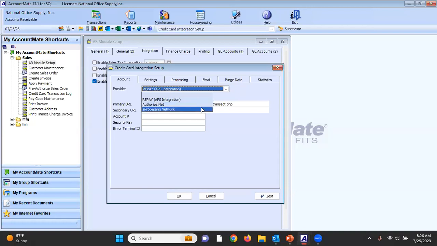At the top of the list is Repay, but we also support 2 other providers, namely Authorize.net and eProcessing Network. Now, it all depends on which one of these credit card processing service providers your clients or customers ultimately wish to get the service from. So while for AccountMate 13.1, we don't charge you extra for the credit card integration, which is built into the AR module, which means it comes standard with the AR module, there is, of course, a secondary step,